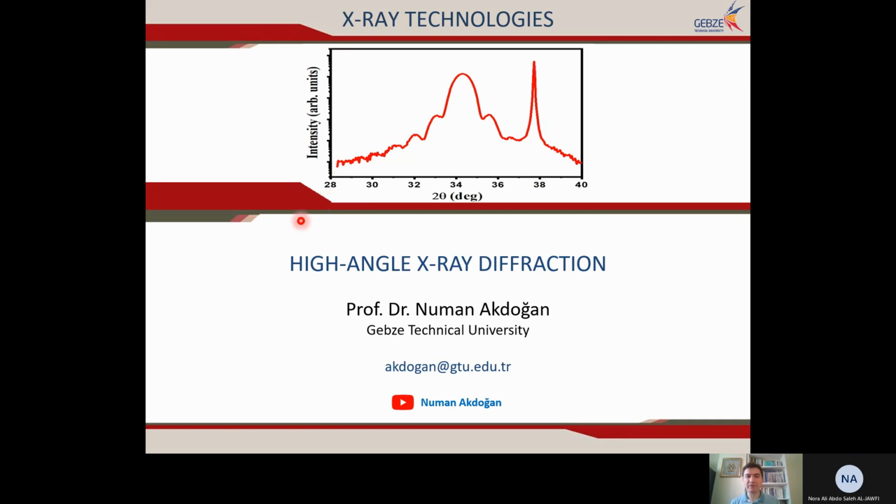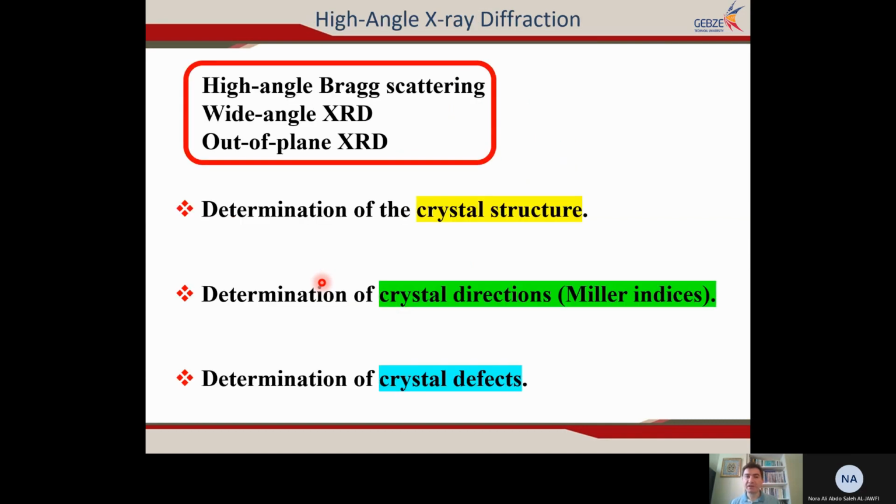Good morning. Today we will continue with high-angle X-ray diffraction. This is application of X-ray diffraction which we have learned during the last lecture. Actually, this method has many names. High-angle X-ray diffraction, high-angle backscattering, wide-angle X-ray diffraction, or out-of-plane XRD are the common names used for the applications of